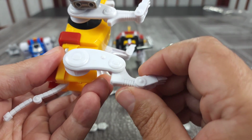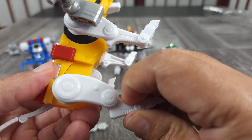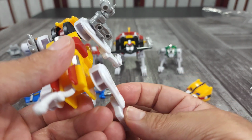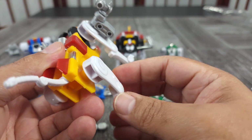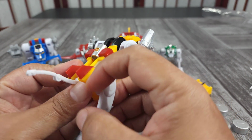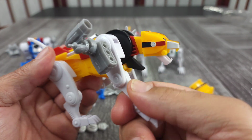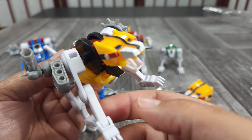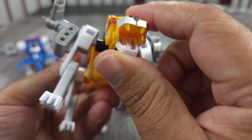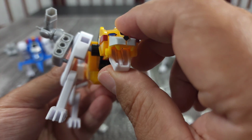So you got the articulation here with the ankle, with the middle part, I guess forearm for lack of a better term, and you have the articulation up here, and then it's on a ball joint, so you get some of this in and out, and you also get around. It can go all the way around, so it's pretty great articulation. Besides ankle rocker, there's no ankle rocker. Same up here, it's the same articulation, but you do get a lot of rocker up here, so you get rocker at the shoulder, so he can have a wider stance, and his mouth opens and he can hold his weapon. And he also has what looks like a gun